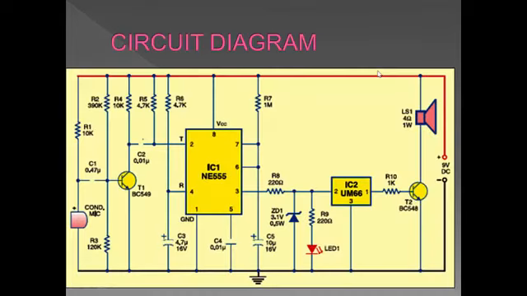This is the circuit diagram first of the project: the condenser mic, the transistors. Then these are our two ICs that I've used. This is the Zener diode. It is used here to control the voltage that is coming out from IC NE555 and which goes into IC UM66, because IC UM66 only needs voltage from 1.5 to 4.5. If it increases, it may damage our IC. So we are using here Zener diode.